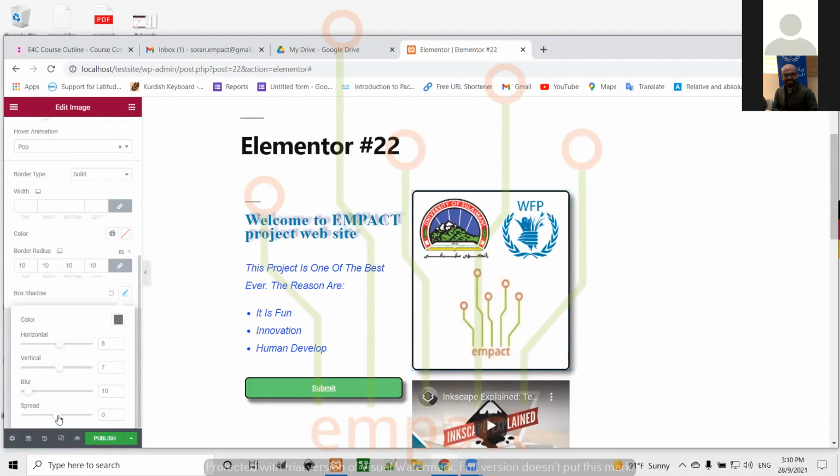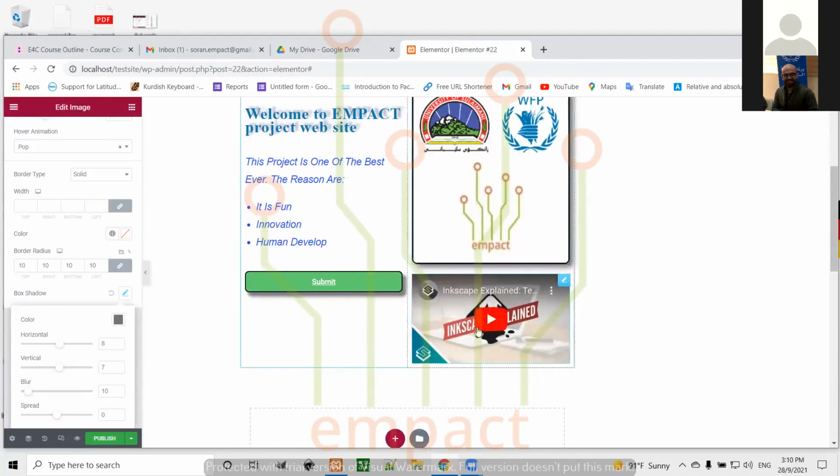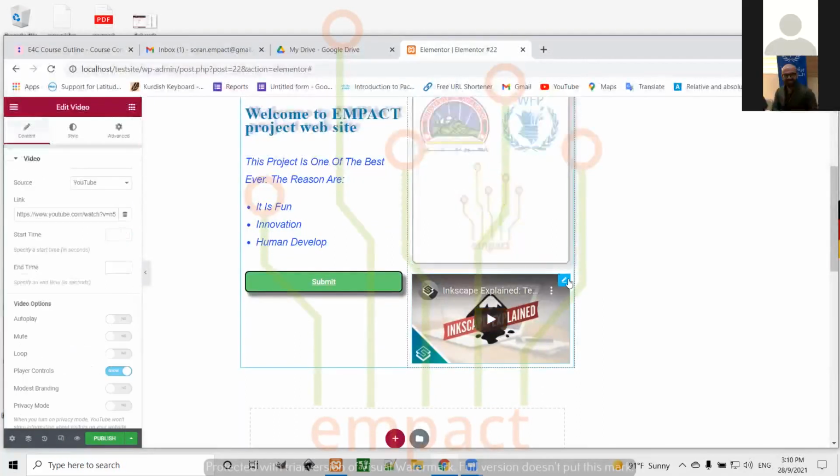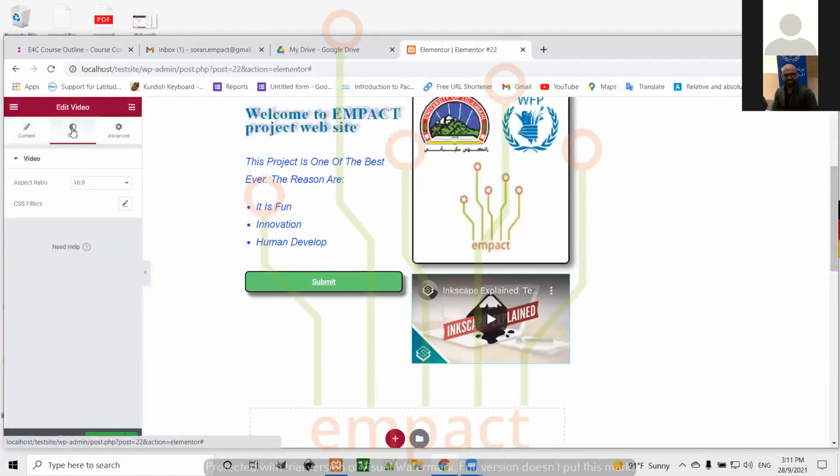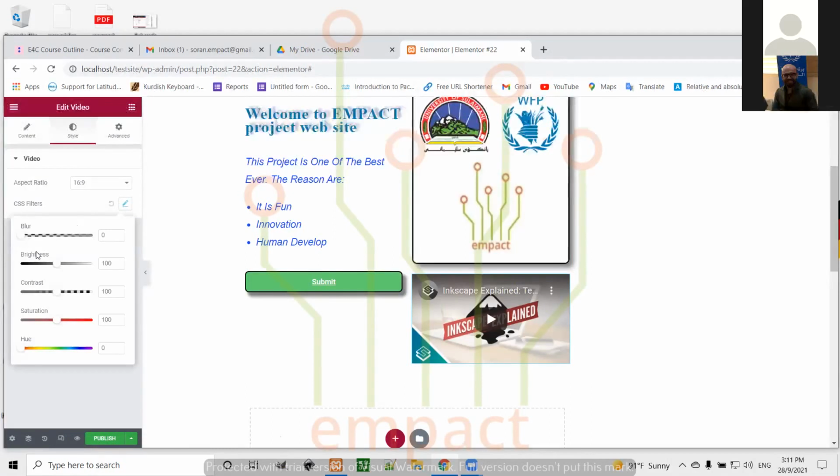And this is how it works. So now I just have these things here, and I just create my own website. I can also make changes in my video. So you can just go to style and give it CSS filters. Just by clicking here, you are adding the blur, adding the brightness, adding the contrast, saturations, and